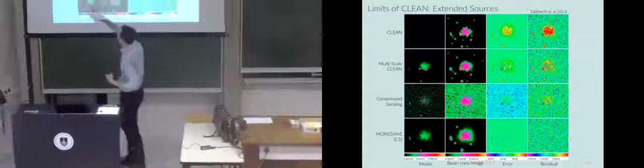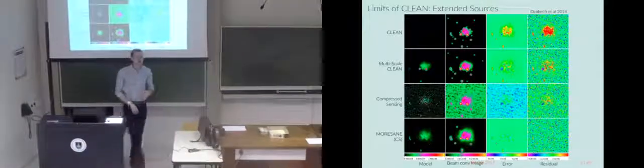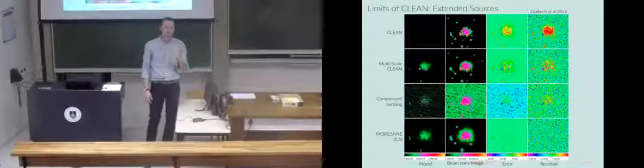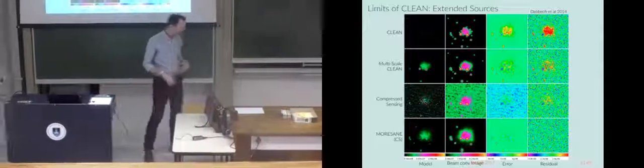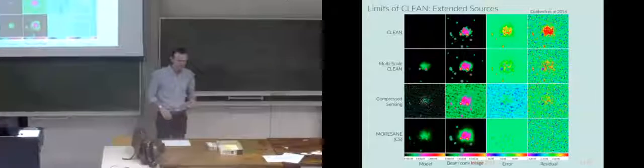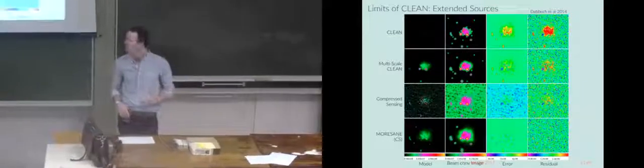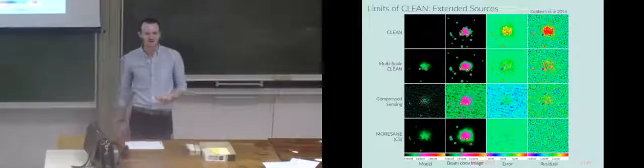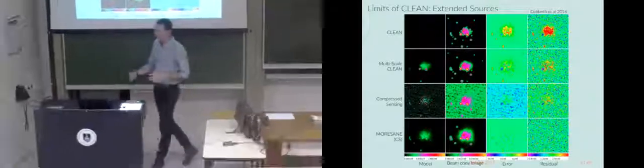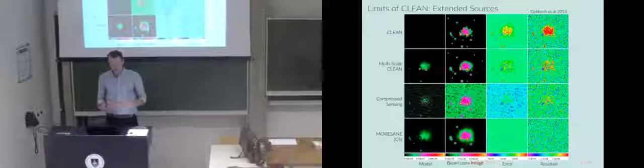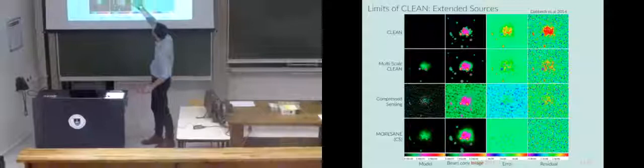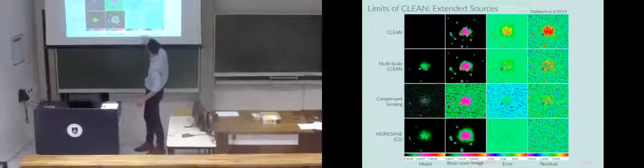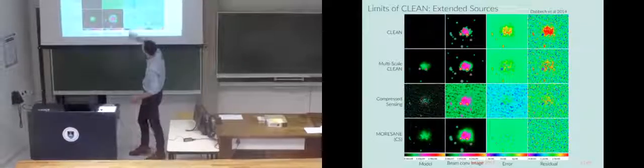There's this kind of extension to CLEAN called multi-scale CLEAN. It says instead of just using delta function point sources, let's also include Gaussians of various scales. The reason we've used delta functions in the past is because they're simple to compute the Fourier transform of. Gaussians are pretty simple too, and so you can just include that into your basis set and extend your delta function basis set to include some Gaussians. When you do that, you can create these extended sources which produce much better errors and residuals. There's still some artifacts and whatnot.